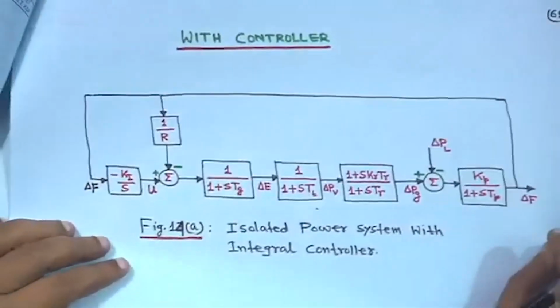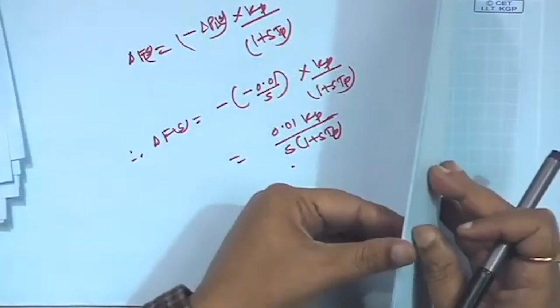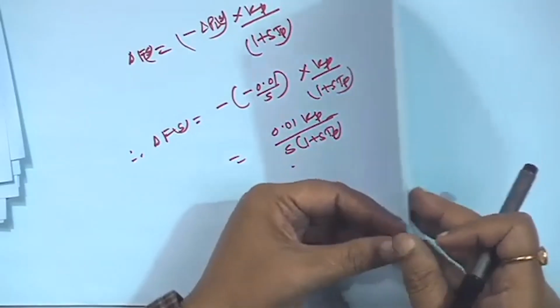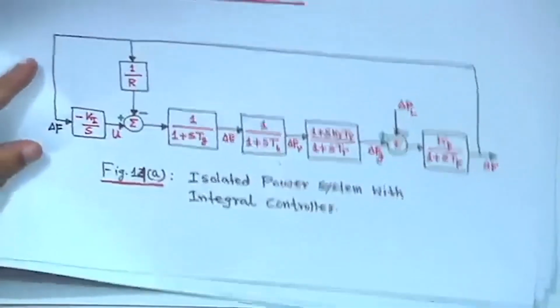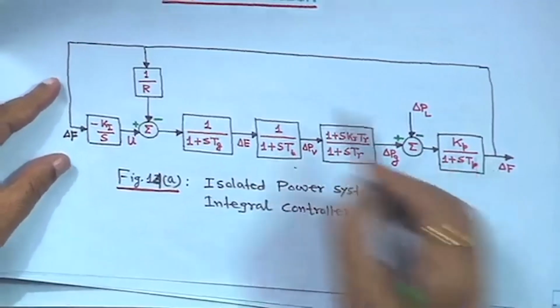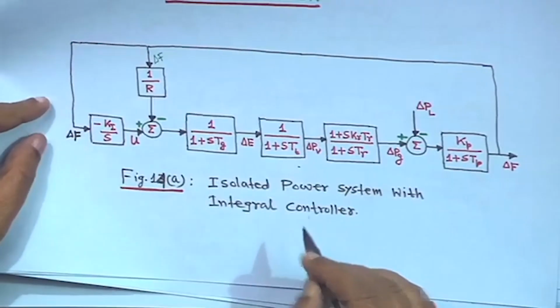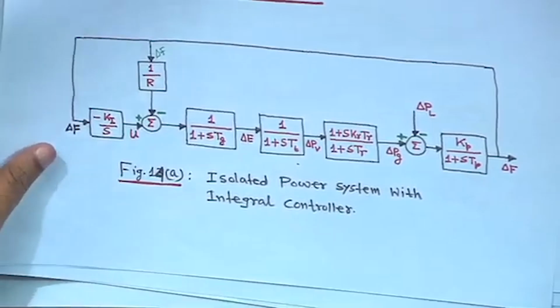Then what you will do is delta P G is equal to... I have written it one or two steps ahead, but I am telling you how to make it. I will write a little bit slowly here. Look at this diagram. This is delta F, and here also it is delta F. Here also I have written delta F, that means delta P G is equal to